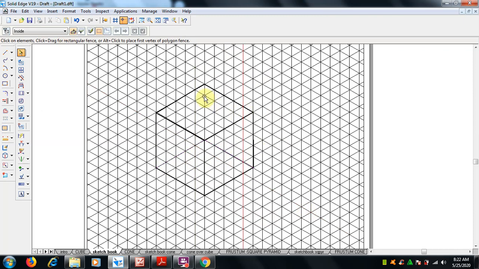Okay, so this is the backside, and now the visible edges have been made, and this is a hidden line. We can use hidden lines, or we can delete it also, no issues.